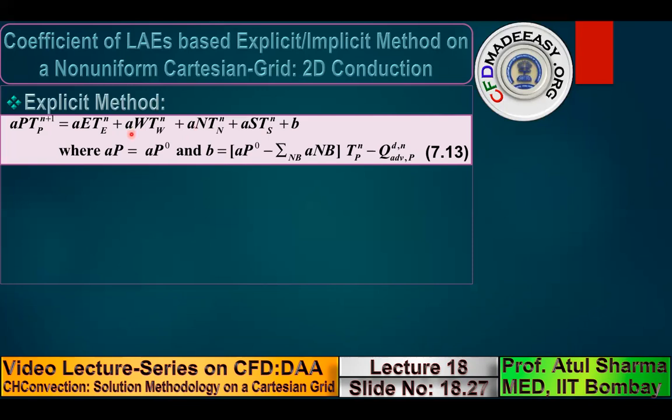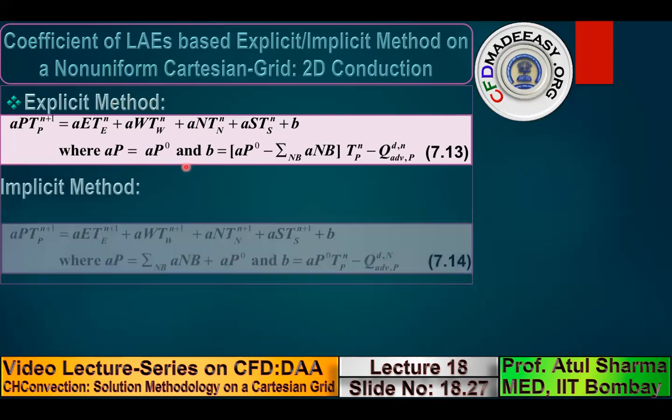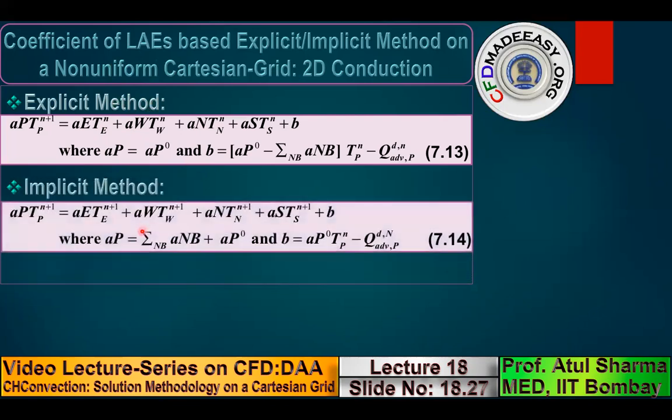So for an explicit method, if you use the coefficient of linear equation based methodology, this is the coefficient of equation based explicit method, and you get this expression. So this is the final expression that we use. In a flux based methodology, we use a two-step procedure, and I have shown you equations in two steps. Here I'm showing you the final equation in the coefficient of linear equation based form.